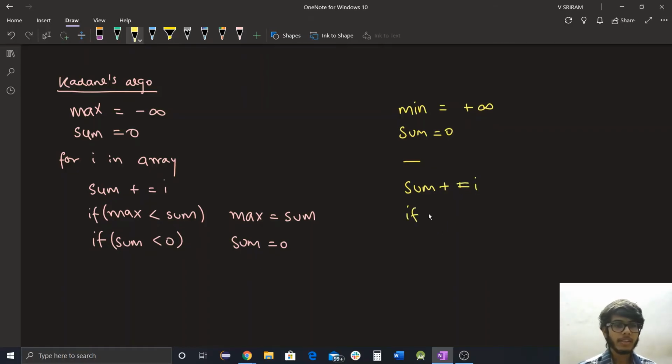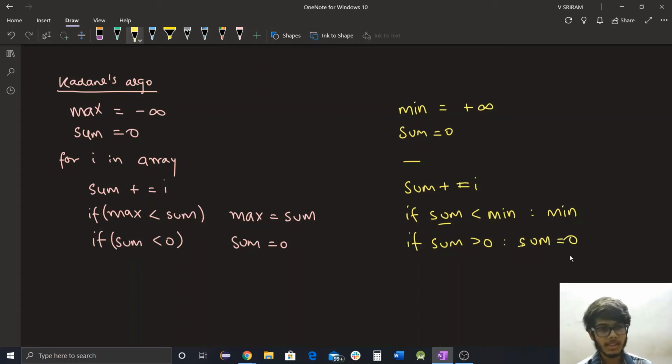And if the sum is smaller than the current minimum value, then we'll update the minimum value to this value. And if our sum becomes positive, then we again reinitialize it to 0. So basically we are just reversing every step that we are doing in Kadane's algorithm, and this would give us the minimum subarray sum.